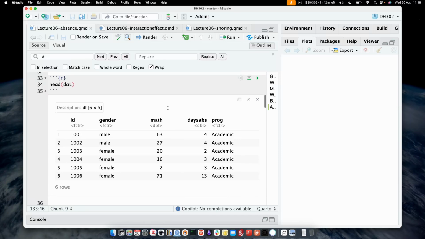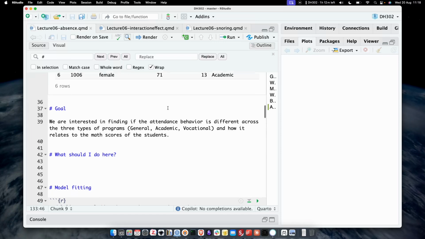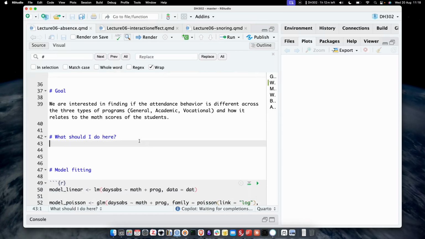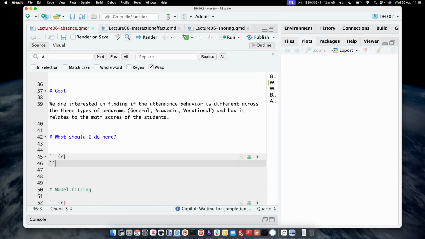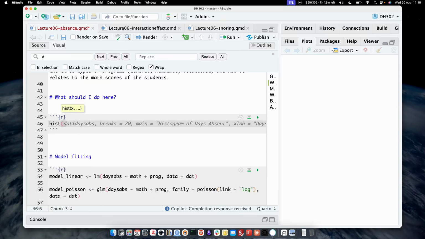So before we do any modeling, right, while our goal is that we are interested in finding out if attendance behavior is different across different programs and different math groups, and how it relates to the math scores and so on. I did not explicitly put gender here. We'll do the example here in this class. But what I should do here, right, so the question is clear, right? Like I know what is the question that is being asked. Before I do any kind of analysis, the thing that I should always check is what does the distribution look like, right? So the first example, for example, I could look at is,